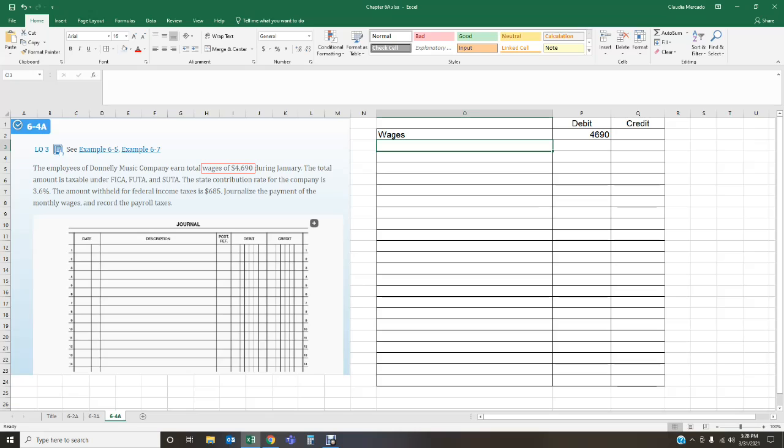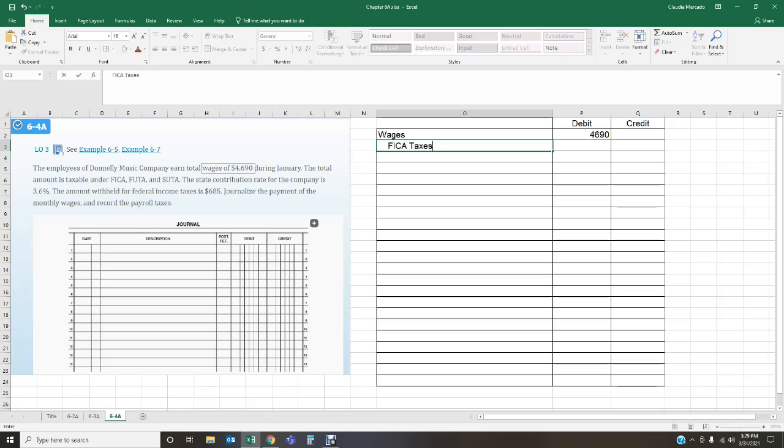And then we're going to enter all of our credits, which is where we're going to put our money into our payable accounts. And remember, we set up one payable account for each type of tax. We don't want to commingle the monies from OASDI, HI, and federal income tax together. Every account has to have its own balance and its own account. So let's start with